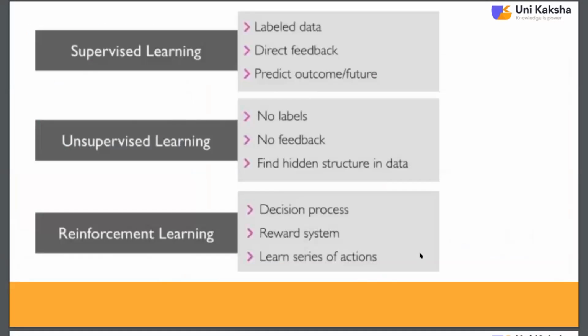Yes. So simply, when we are talking about these three algorithms, in supervised learning the data is labeled data. We have direct feedback, and we can predict the outcomes and the future very easily in supervised machine learning. Supervised means simply that a supervisor is present. The input and the output are known. What the goal is and what is provided to the system are known. So data is labeled and structured in this process.